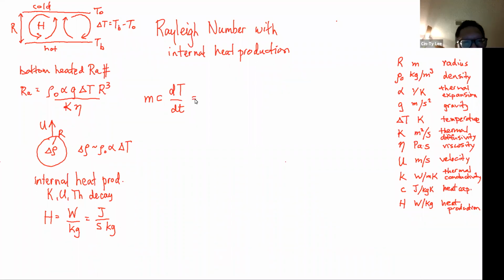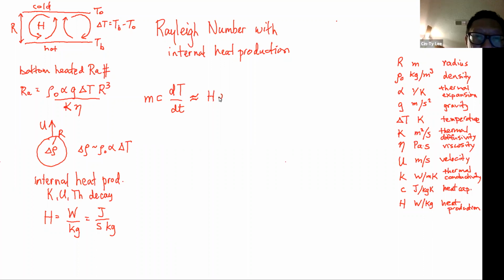That's the change in total energy of that blob due to a change in temperature. And that's going to be approximately related to the rate of total heat generation in there. And so that would be H, which is watts per kilogram, multiplied by